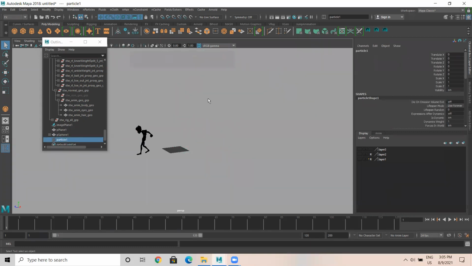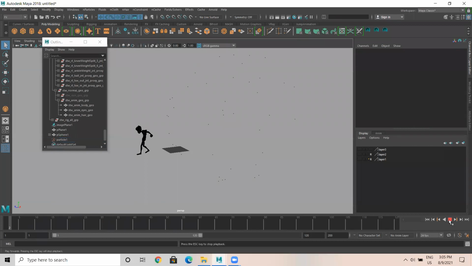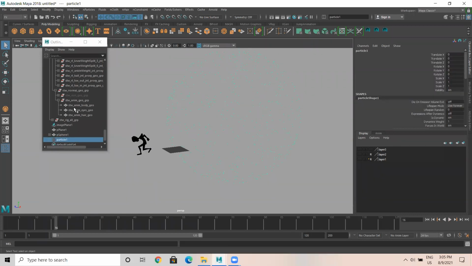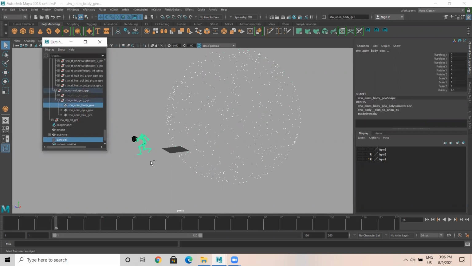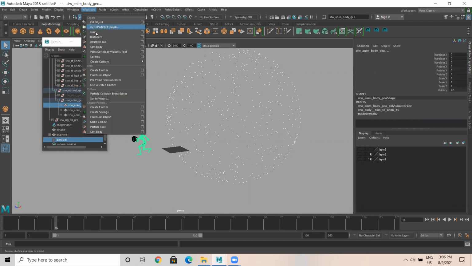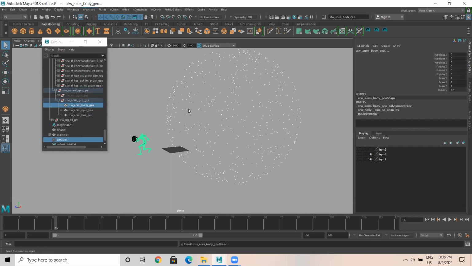Now what I'll do, select the particle, and shift select the character. Select the particle, shift select the character. Go to nParticle, goal. Okay.